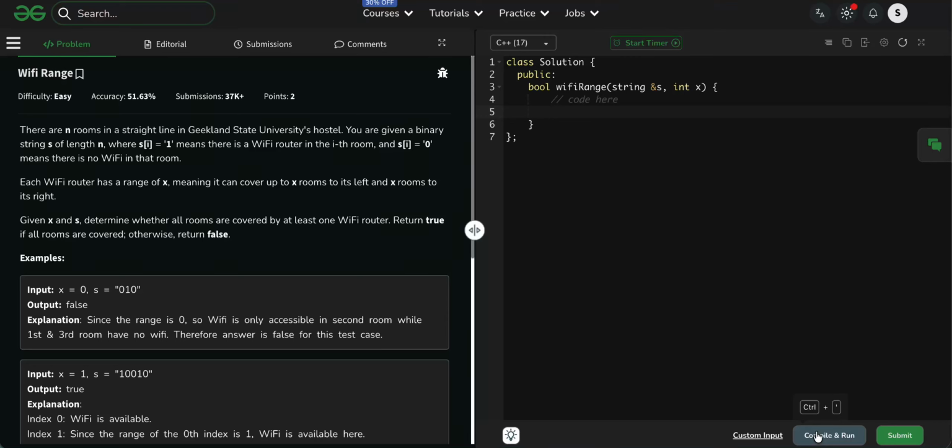So today we solve the problem of Wi-Fi range. So what does the problem say? The problem says there are n rooms in a straight line in Geekland University hostel. You are given a binary string s of length n, where s[i] equal to 1 means there is a Wi-Fi router in the ith room, and s[i] equal to 0 means there is no Wi-Fi router